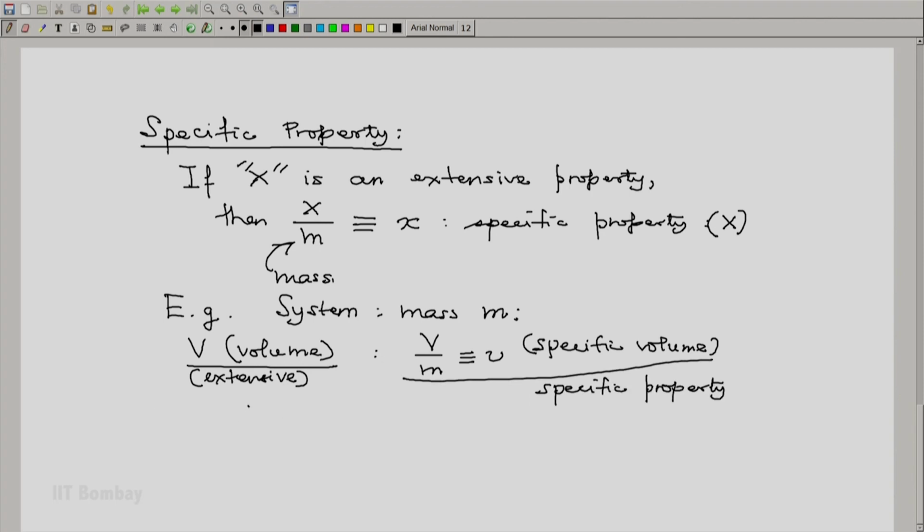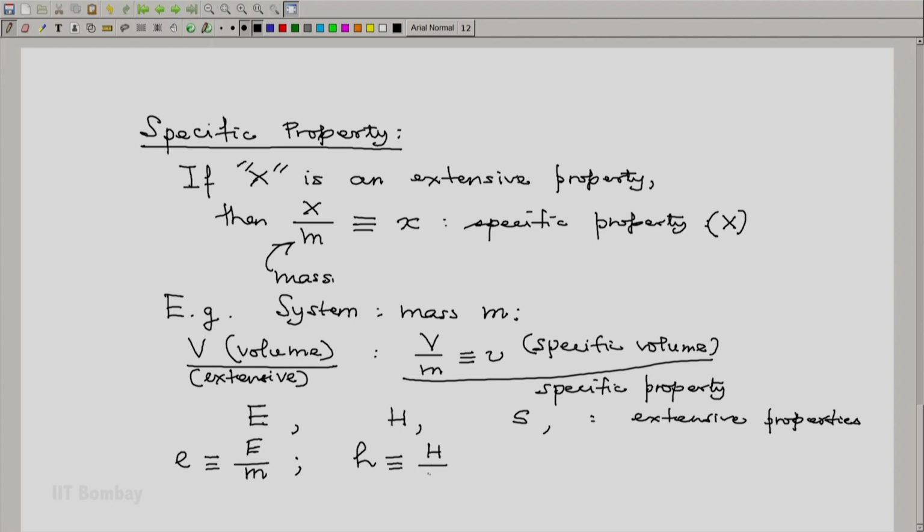Similarly, we could take energy, enthalpy, entropy. These are extensive properties, but energy per unit mass or specific energy, enthalpy per unit mass or specific enthalpy, and entropy per unit mass, which is specific entropy, are all specific